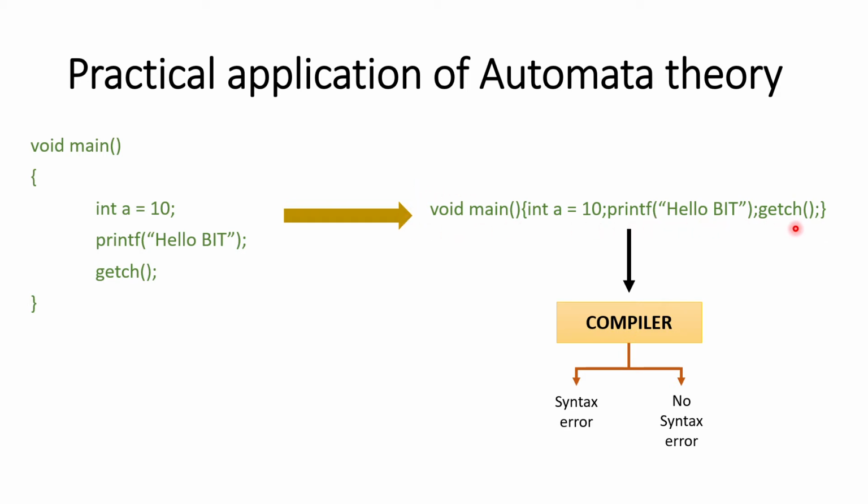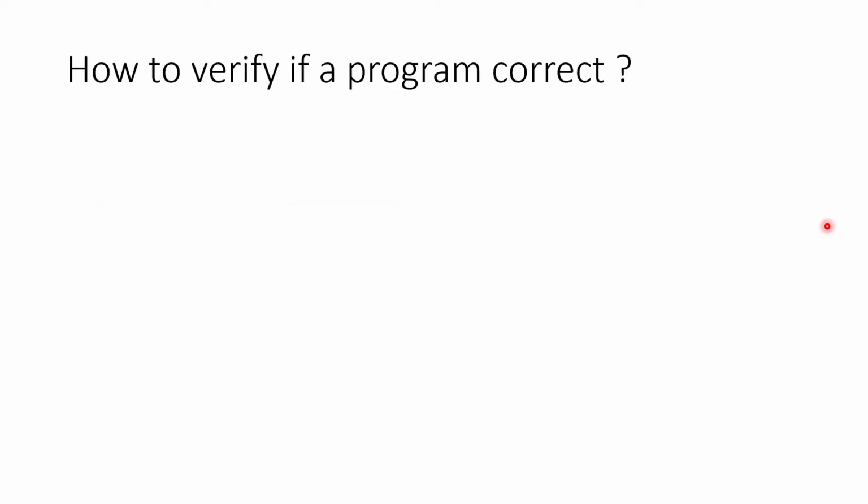So if a compiler wants to realize whether the program or the string is a proper string within a specific language, then it has to follow some deterministic steps or rules. Now, how is it possible? What is the base? I mean, what is the trivial approach? The trivial approach can be